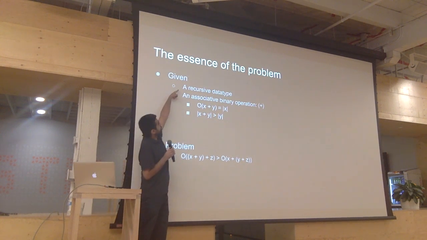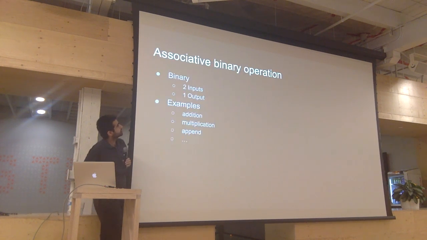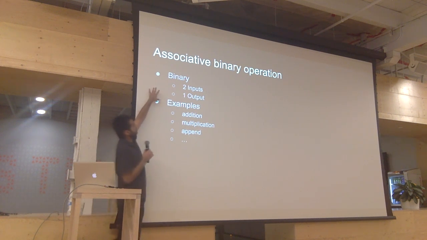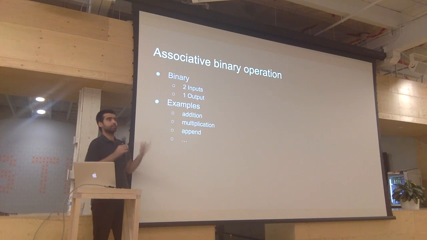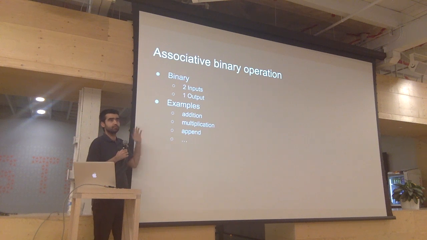So we've covered this first portion, recursive data type, and now let's look at the next portion, an associative binary operation. They call it associative binary operation, but associativity is only associated with binary operations to begin with. So let's talk about what is a binary operation. A binary operation is a mathematical operator, any function which takes two inputs and produces one output. Plain and simple. You can think about addition, multiplication, list append, and we can keep on going. There's lots of examples. Binary just means you have two input arguments and you're creating one output.